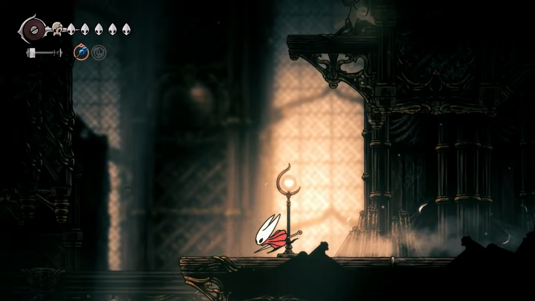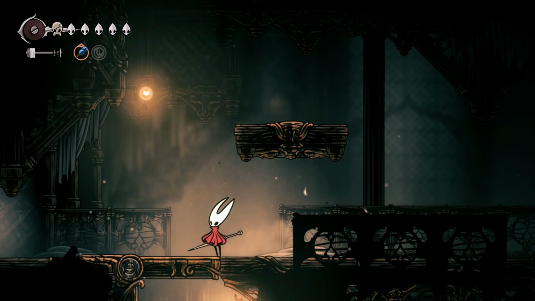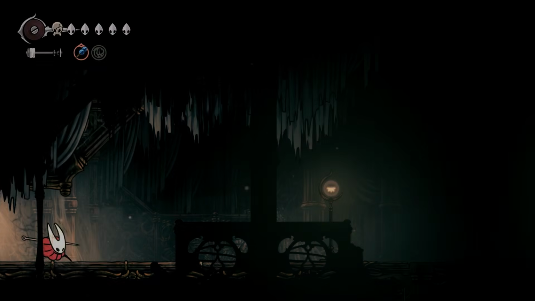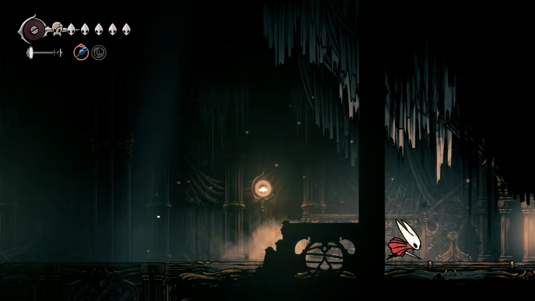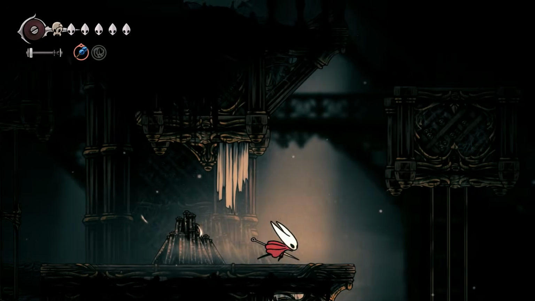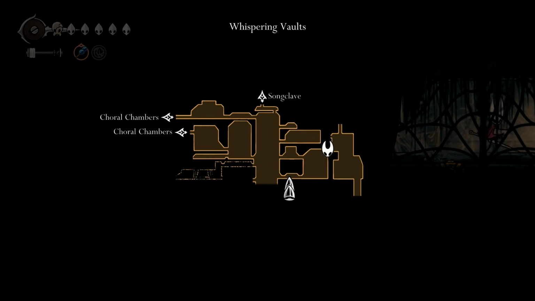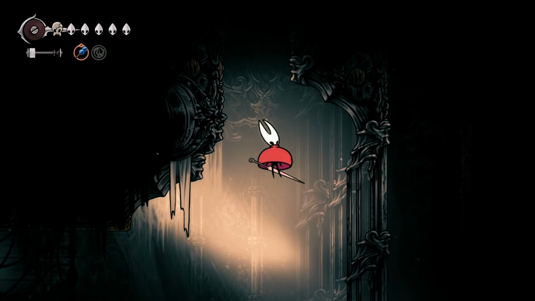let's go all the way down to where we had to choose left and right. So as you can see, we're here. So we need to go up in this room to get a shard. But first we need to complete this part. This is going to open up shortcuts and other areas, so...